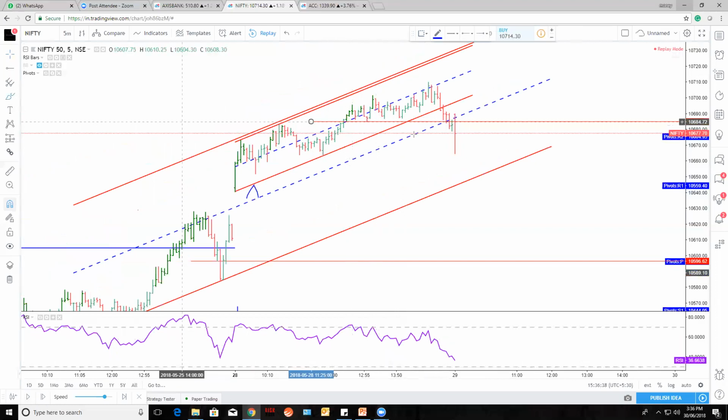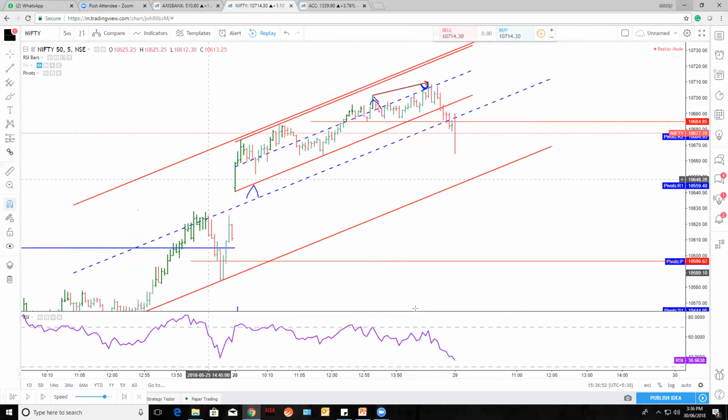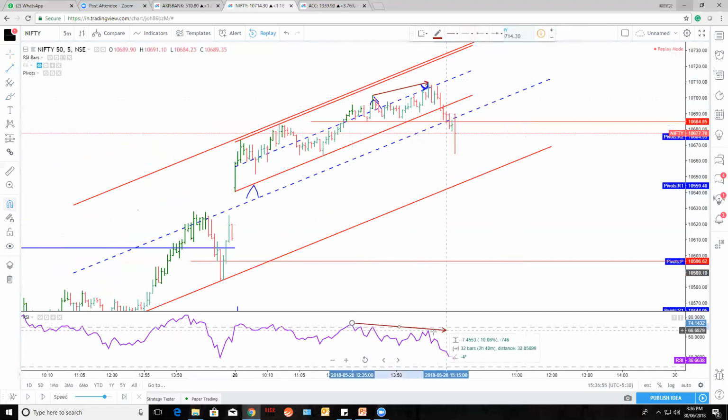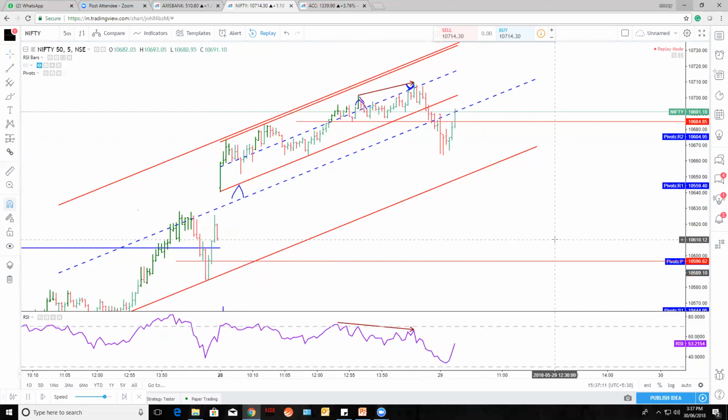And your RSI is also giving you a hint. See, the price is making a higher high. The price is here and the price is here, a higher high, right? And see the RSI here. It's making a lower high. It will give a hint that the price may reverse from here, and it will confirm at the 10,684 level. When it breaks it, it confirms it may now go downside. Okay, we'll see how it acted, whether it went downside or not.